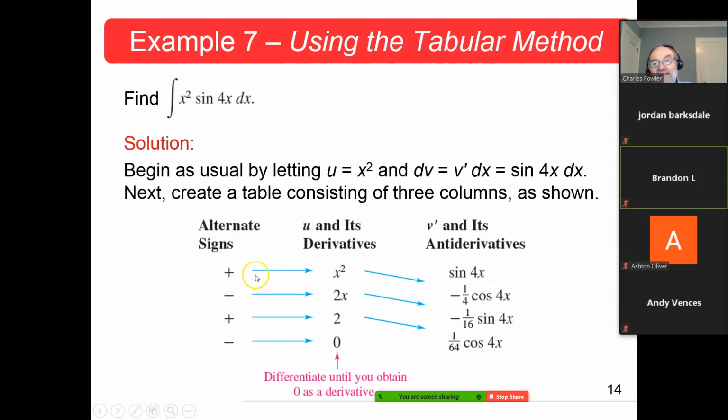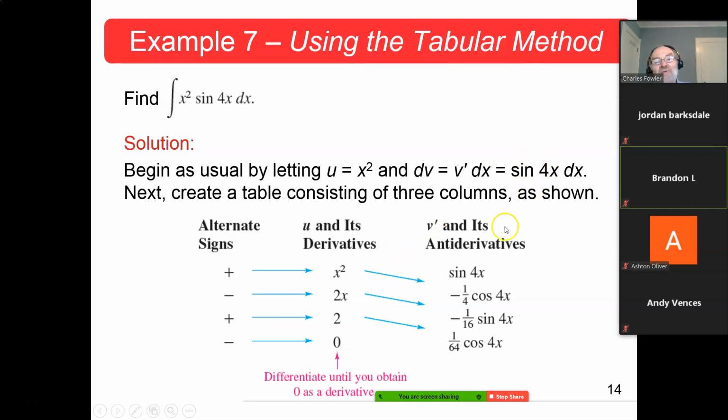Okay? Now, create the table consisting of 3 columns. The first column is strictly going to be alternating signs. Plus, minus, plus, minus, plus, minus, plus. Okay. The next is going to be your u that you chose here. U is equal to x squared. Then start taking its derivatives. 2x to 0. Once you get a 0, stop. Okay. The dv, which is your